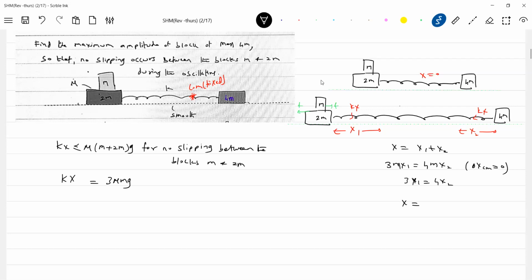Let me replace x in terms of x2 here. So x1 will be 4x2 by 3, and x is 7x2 by 3. So this value of x, I'll write it as